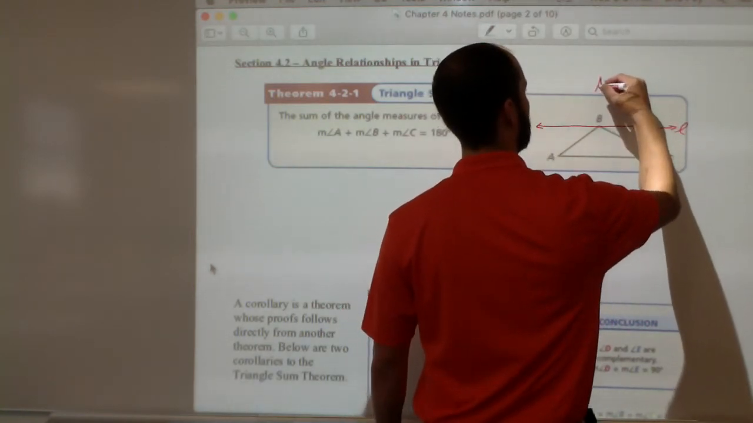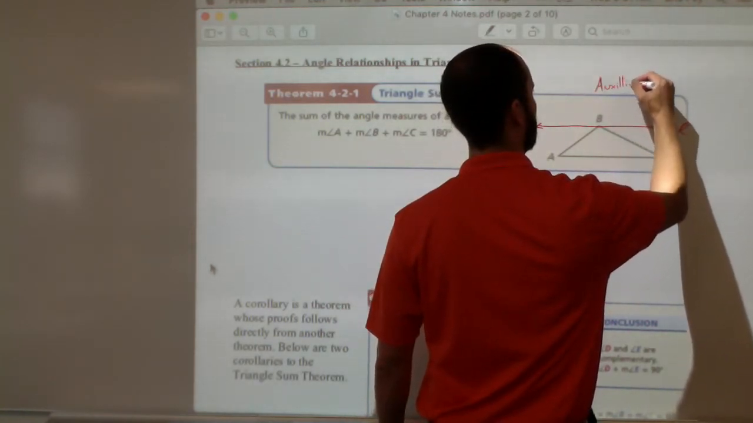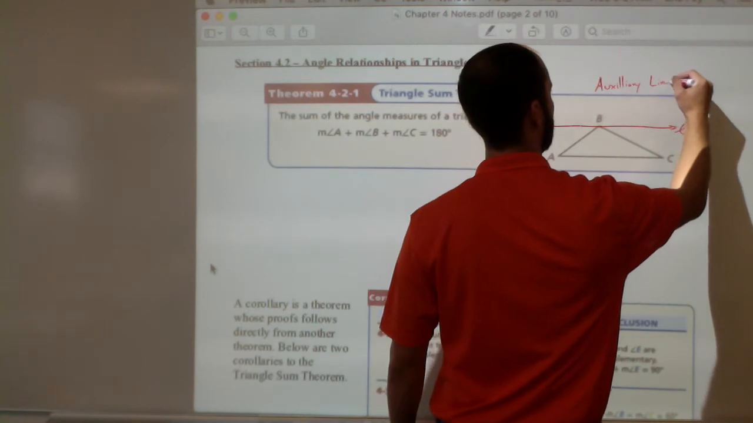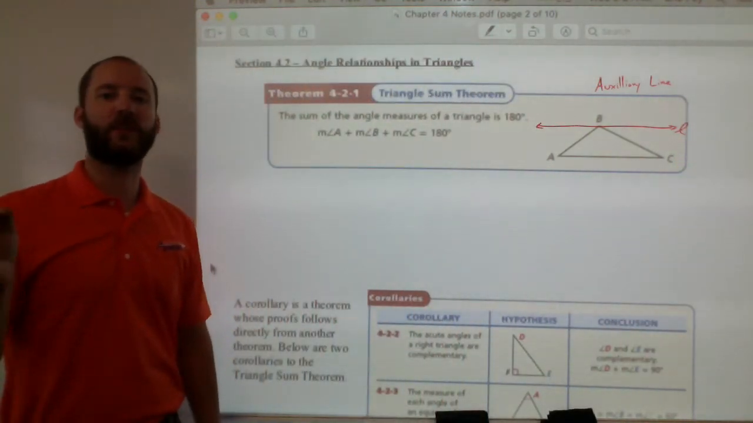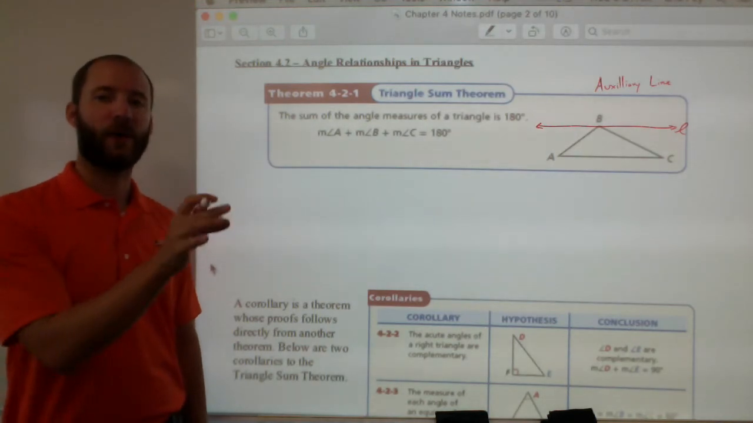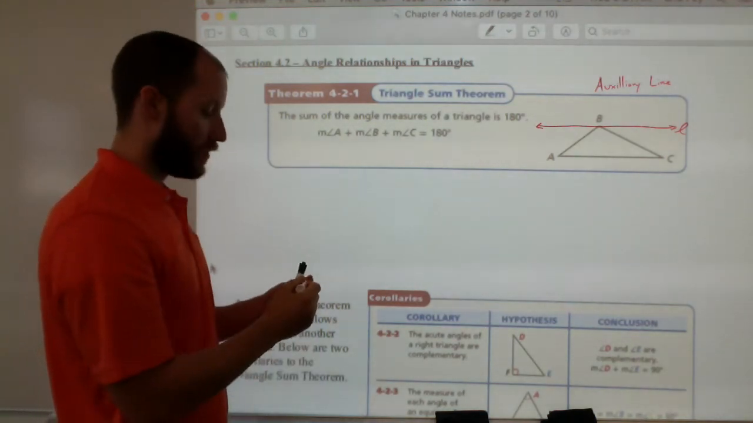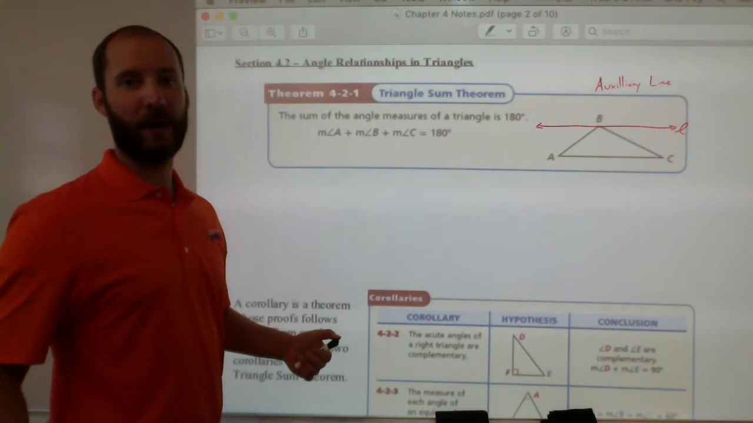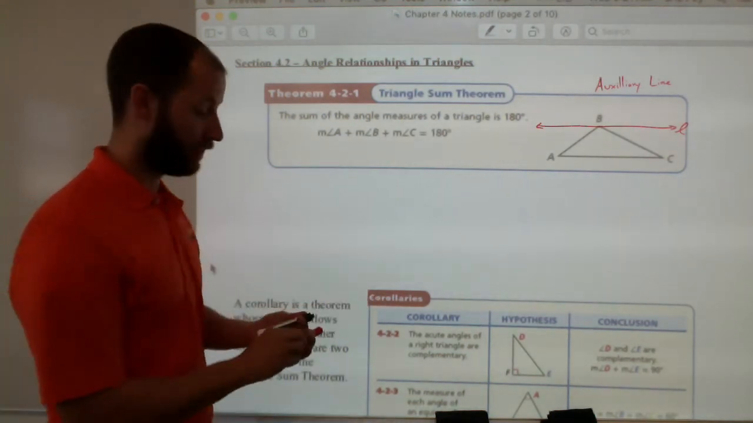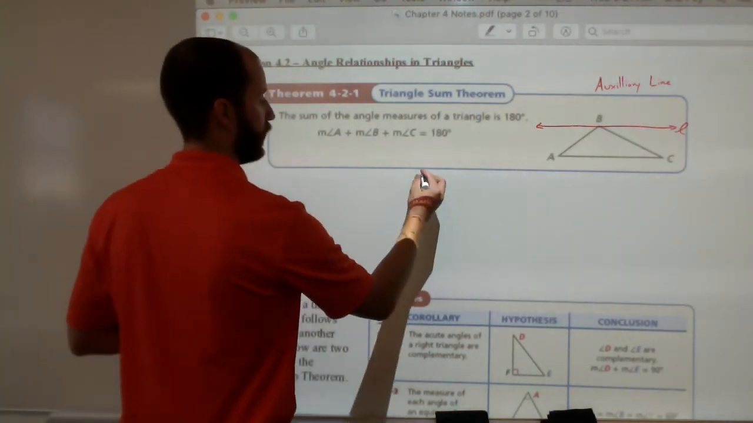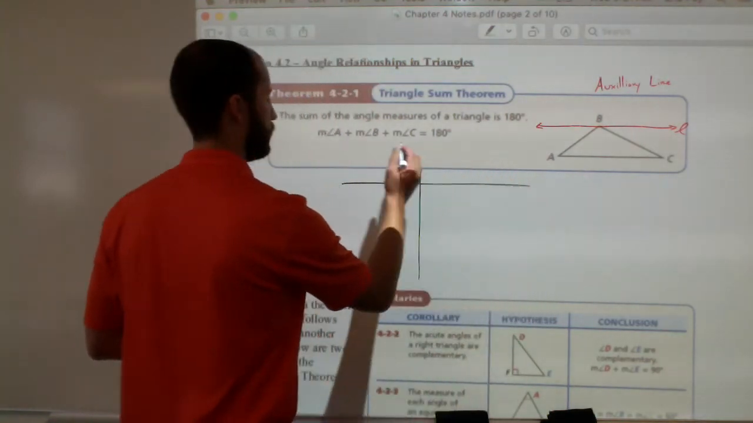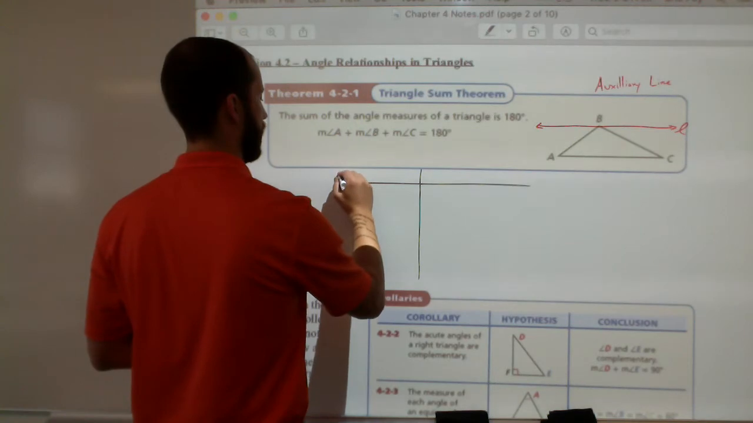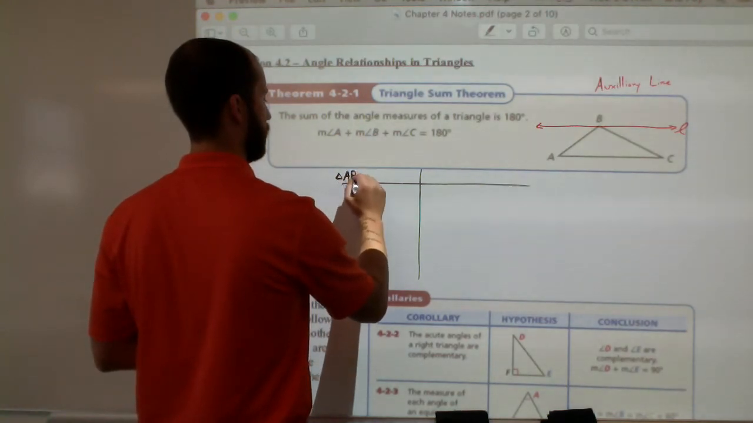and we're going to add in what's called an auxiliary line. All right, a line that's going to benefit our proof. And you can add that because of the line postulate. Lines exist, okay? So let's get our two columns going here. So we have triangle ABC